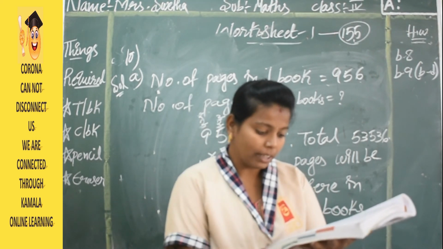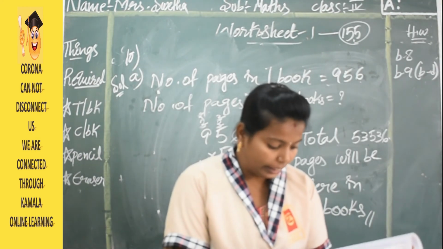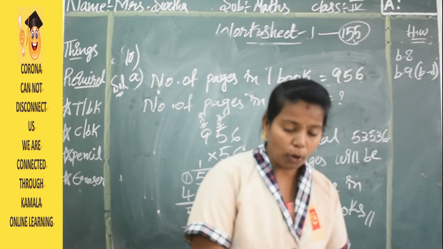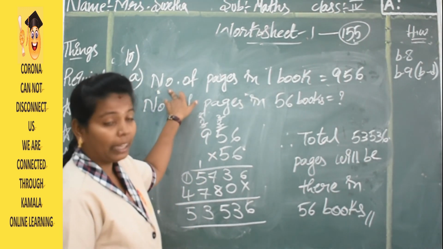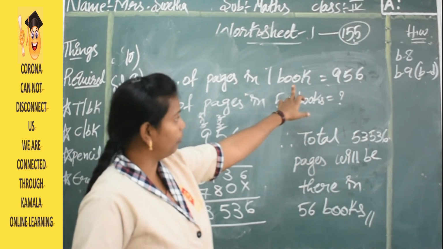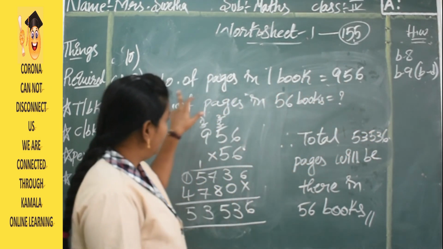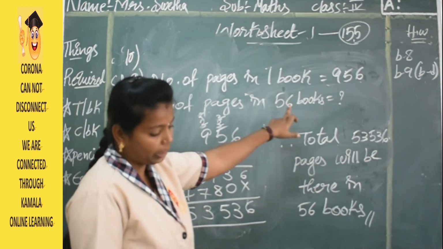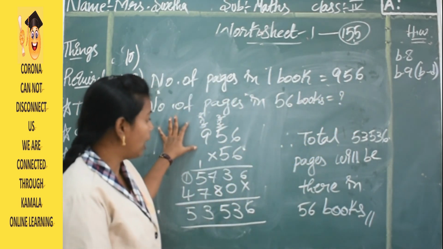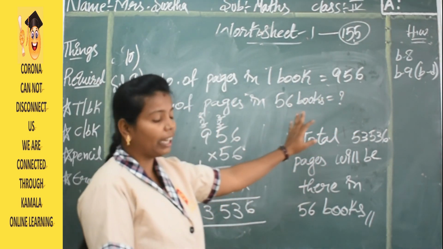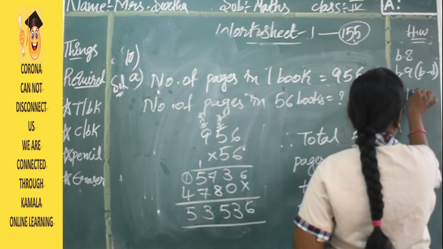If a man earns 15,450 per month, how much will he earn in 14 months? So this B problem is also the same as your A problem. You have to write the money earned by a man in 1 month, 15,450, and the money earned in 14 months, which you have to find. So multiply the amount by 14 and write the conclusion. Do the 10th bit B problem the same way.